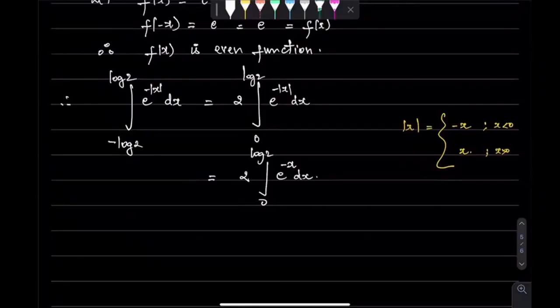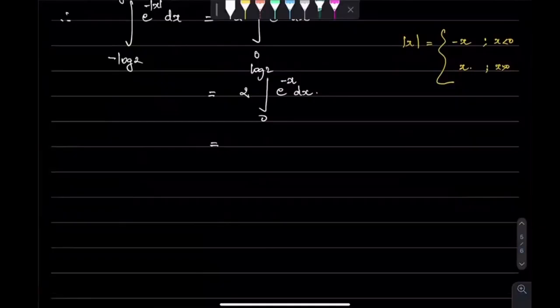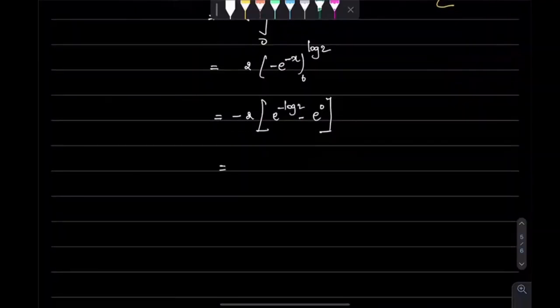Integrate it and tell me the answer. So how do you go about this? The integral of this is minus e power minus x, from 0 to log 2. So if I substitute it, I'll get 2 times, with the minus, e power minus log 2 minus e power 0. What is e power 0? Anything power 0 is 1. So I'll get minus 2 times of